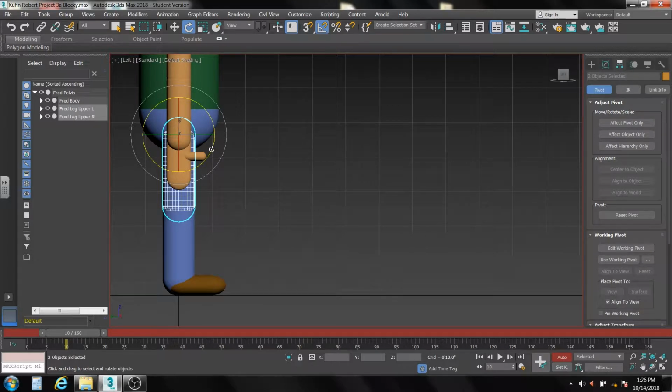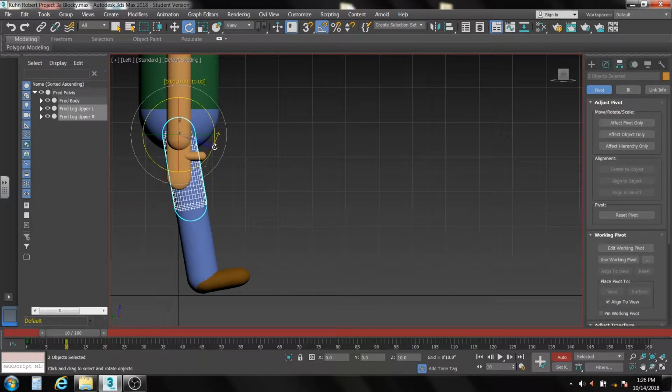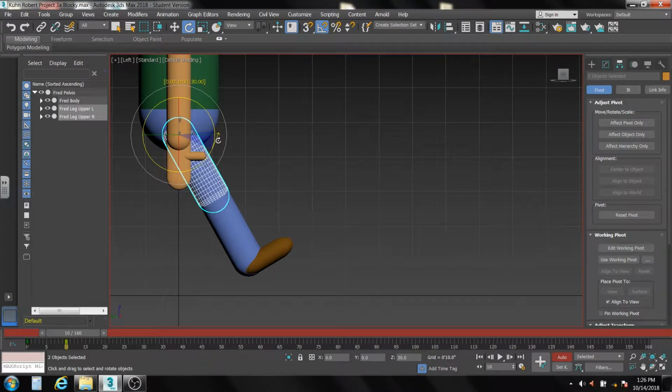Okay, so we've got that, and at 10 frames, I'm going to just rotate him up about 30 degrees. Make sure your angle snaps are on. It will just make your life a whole lot easier, turning that blue. Okay, so I've got that at 10, and now what I want to do at this 10 point right here